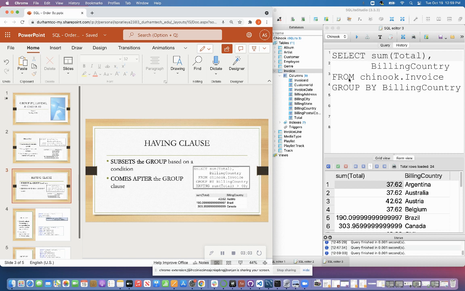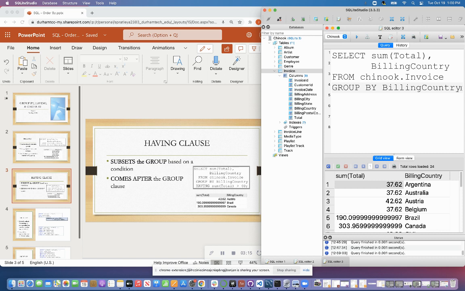After from, you can have different clauses depending on what you're looking at, but it'll always have to be in a certain order. So if I'm grouping my data, that means having has to always come after group by, and I'm going to do having the sum total